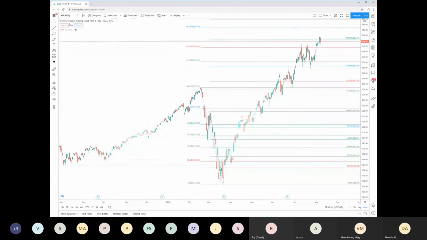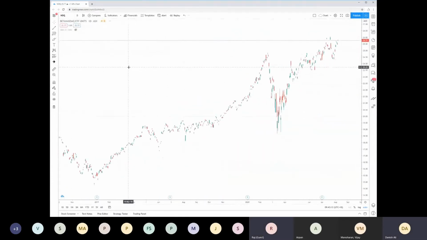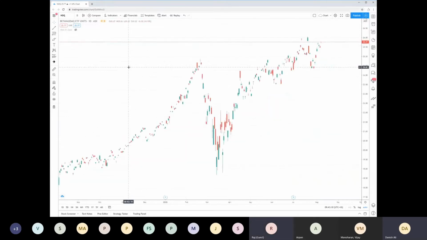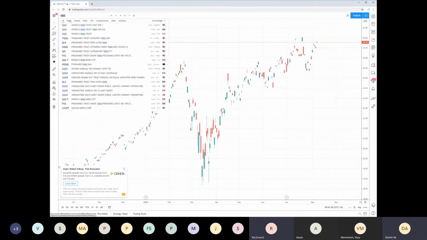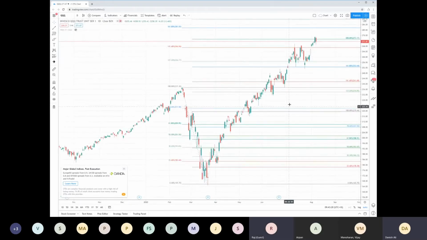Same thing, similar chart. But you do not get that kind of liquidity in these ETFs compared to triple Q itself. Nothing against them, just that they're not as liquid.